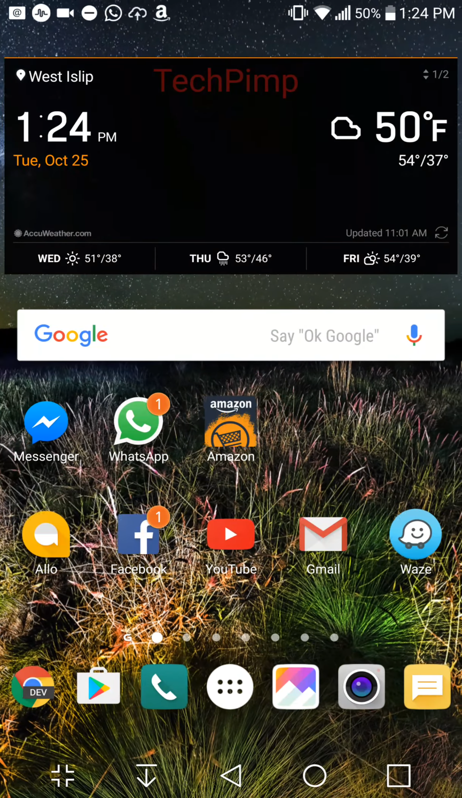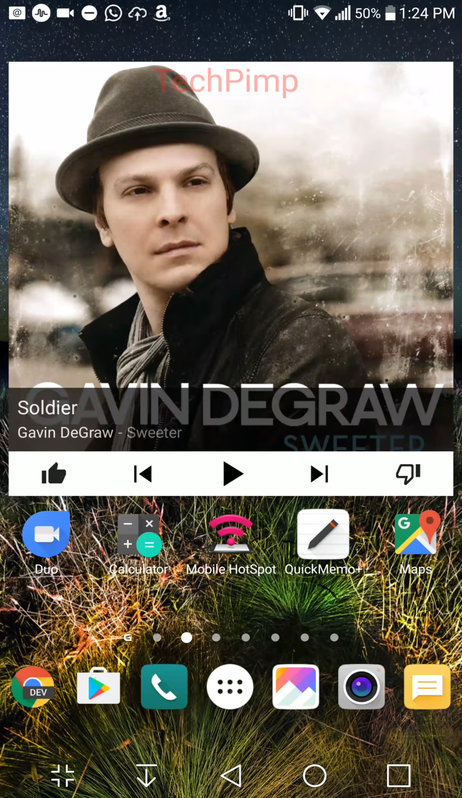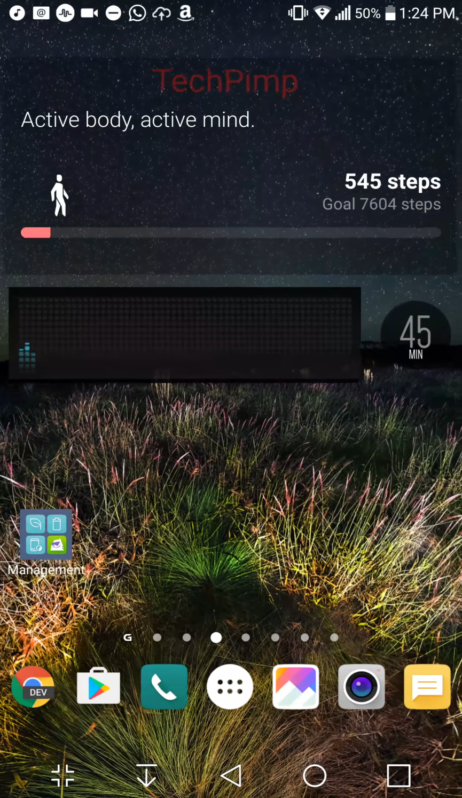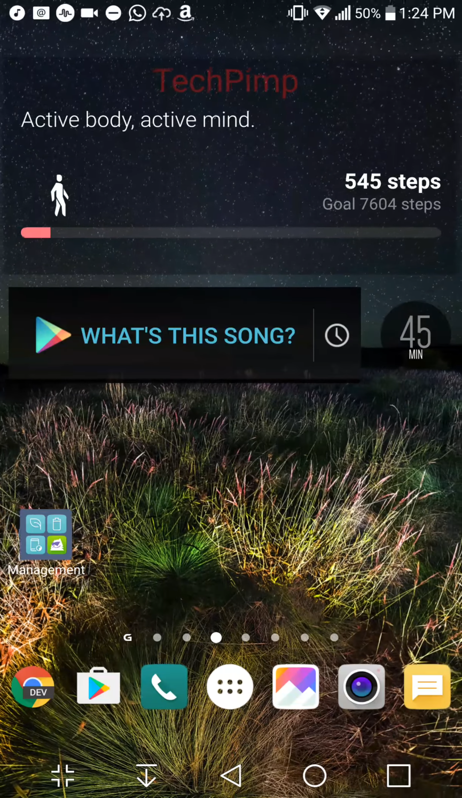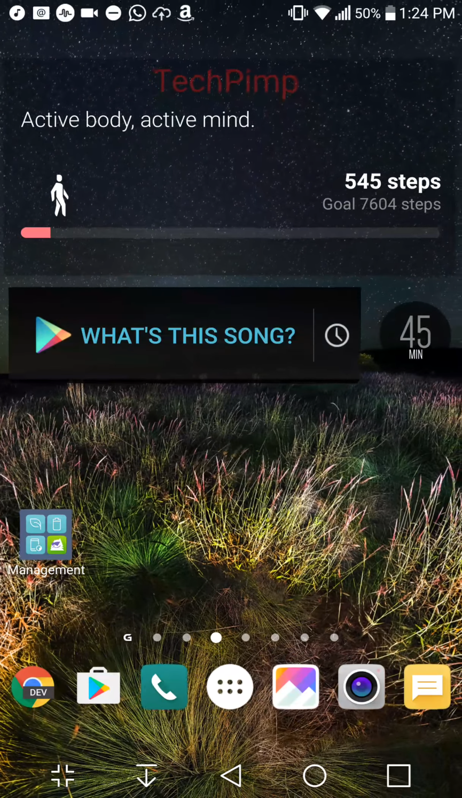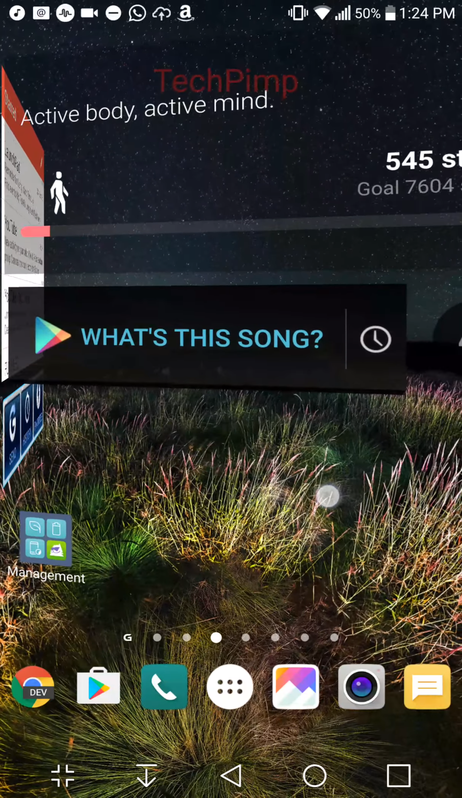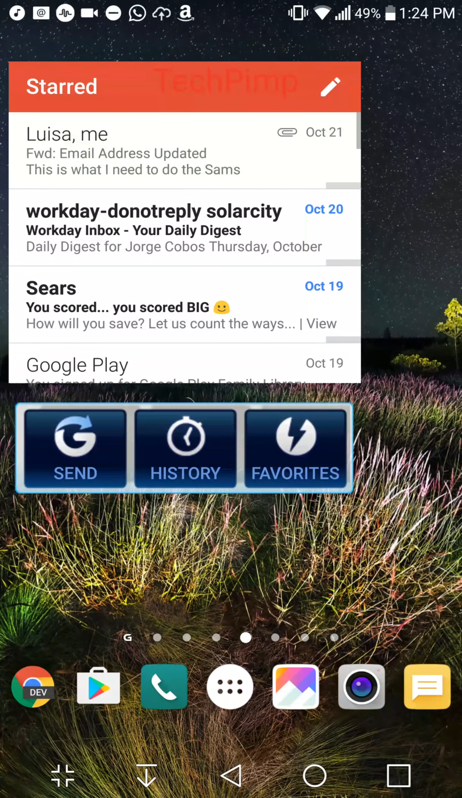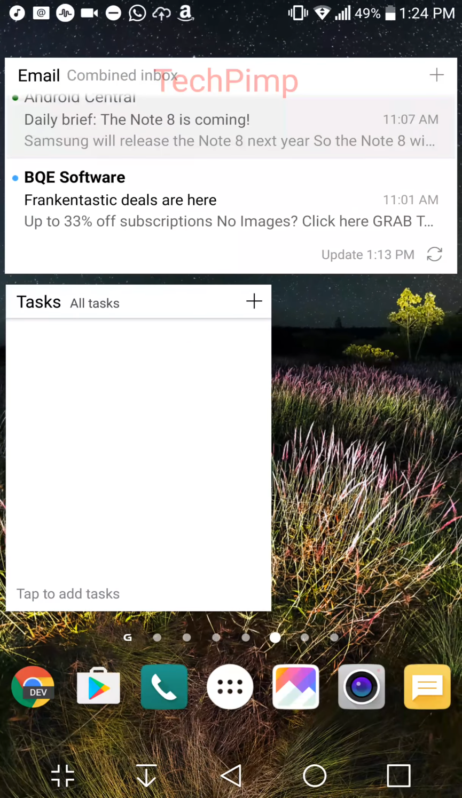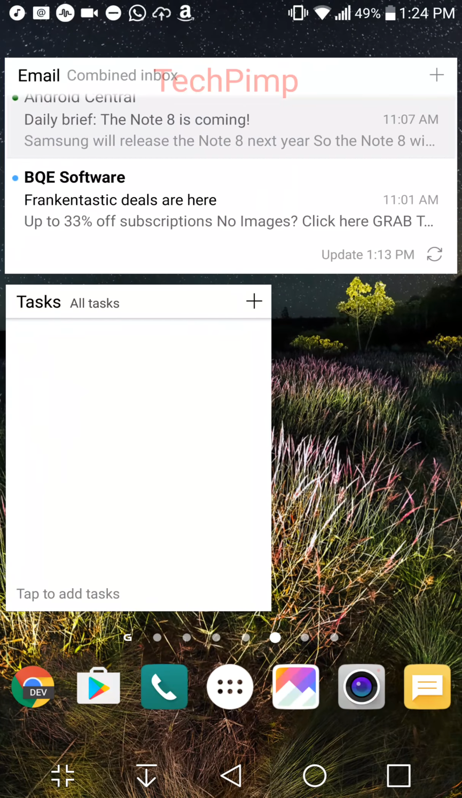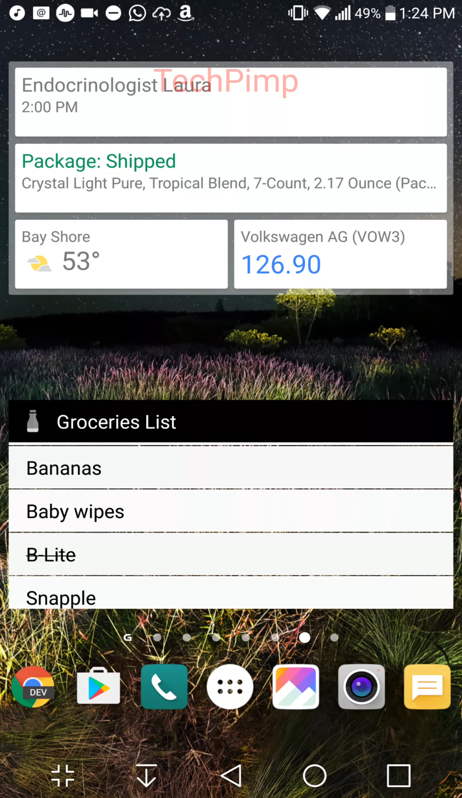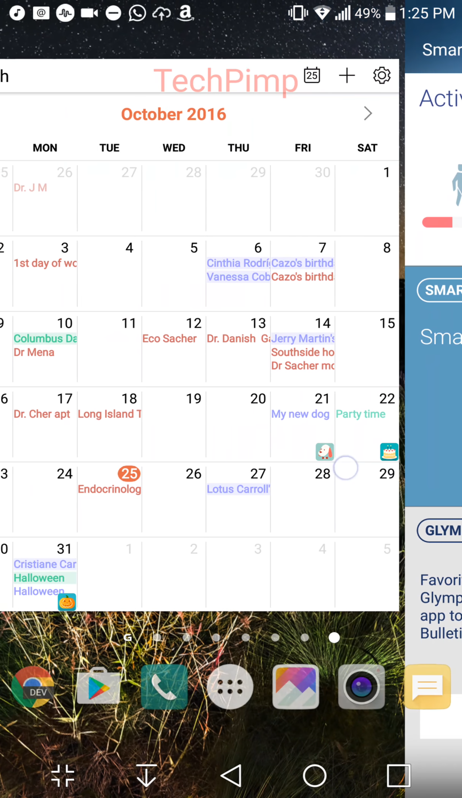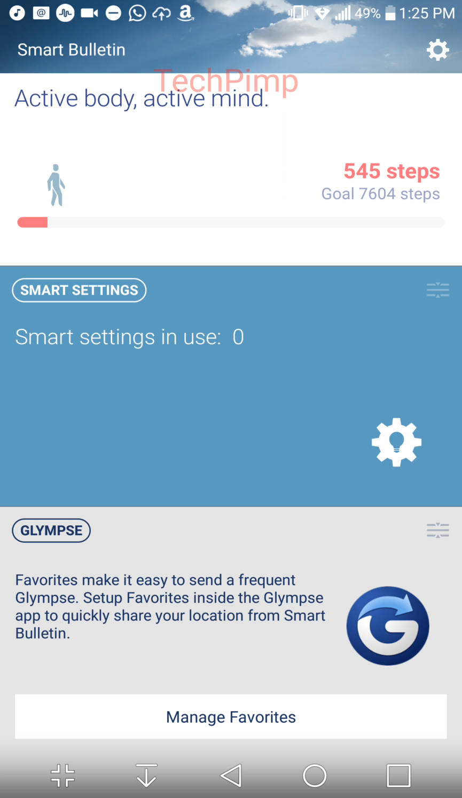So I have my calendar. I can see the weather. I don't even have to open up anything. I could play music right now. I can check a song to see which one is playing. I could set the timer so it shuts off my music. I could check how many steps I've been taking, and I've taken very few steps today. And I can check my email, check all my stuff before even opening it. I could have another email open. I have my tasks, my Google Now, and even my grocery list of what I'm missing, stuff I gotta buy. Here's all my calendar, and here we have the smart bulletin board,